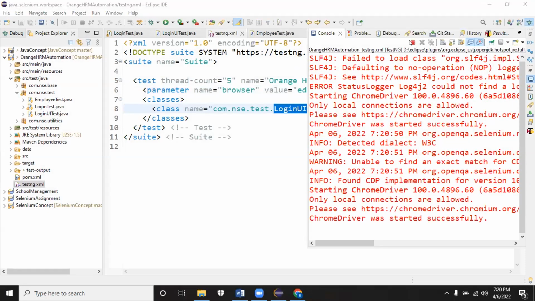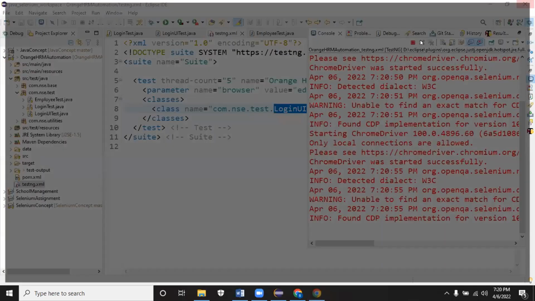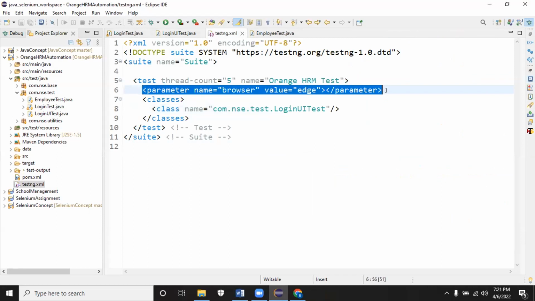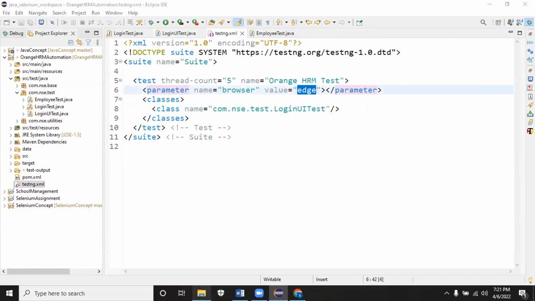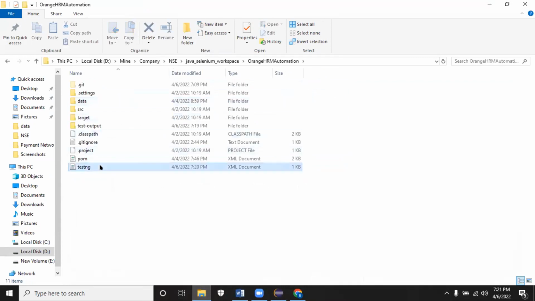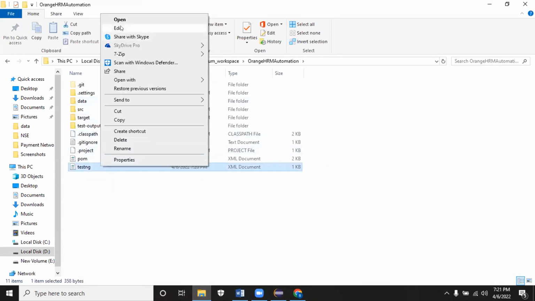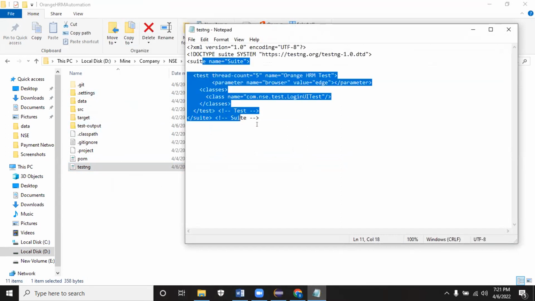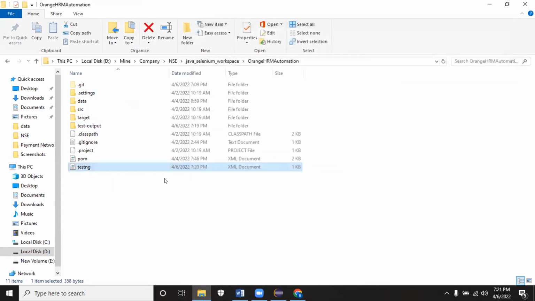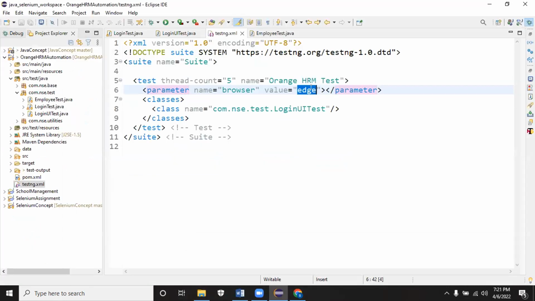If I'm using Chrome browser only, I want to update it. Okay, let me do that. Using this parameterization, you can achieve that. You can easily use this name-value pair and launch the browser based on the value. This XML you can edit in Notepad itself. To edit the XML, you don't need to compile; those things are not required. It's like a text file. You can edit it by opening it in Notepad and change the browser. Based on the browser I give over here, it should launch.